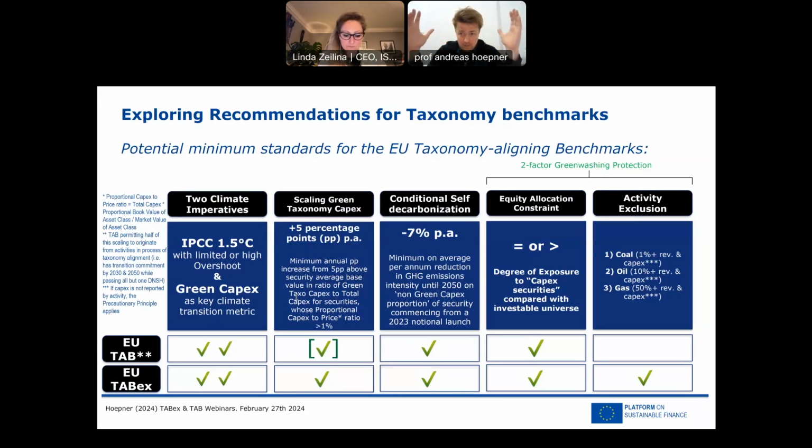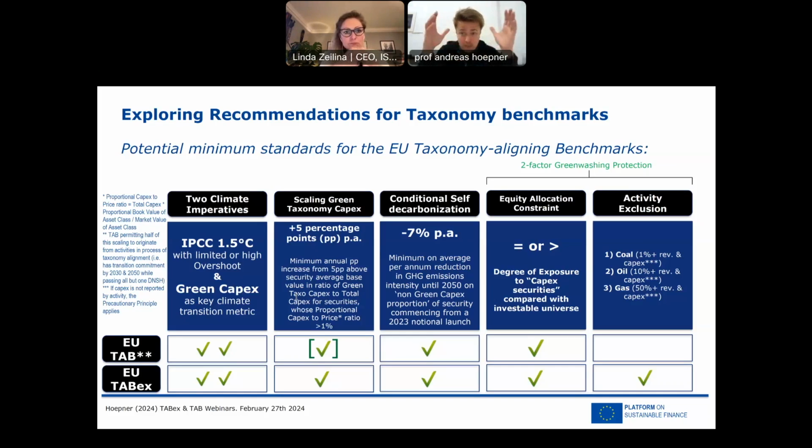anyone is in a tab, either on the 7% decarbonization side, or they are based on the green capex side and green capex increasing side. Now, banks structure an enormous amount of securities, and this is per security. So any bank that wishes to structure green bonds, or a sustainability-linked bond, or a hybrid of both, a sustainability-linked green bond, where the condition would be that 10% of the money would go into green capex as per EU taxonomy on companies they lend to, is absolutely, in fact, the whole concept based on security creates a strong